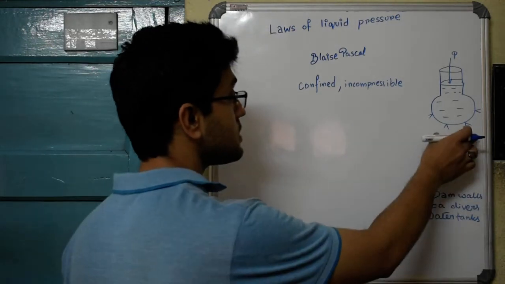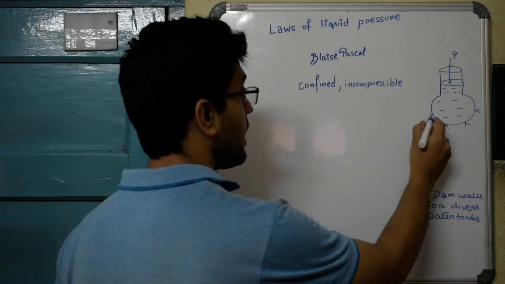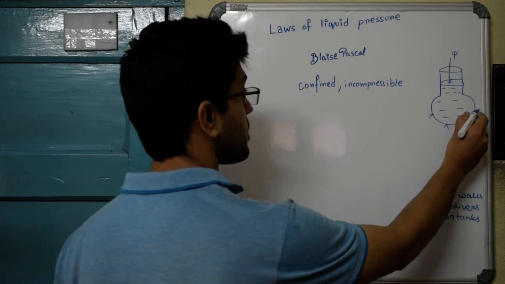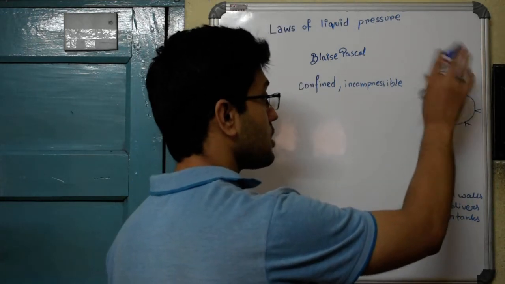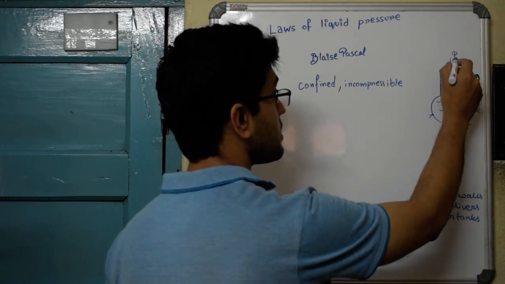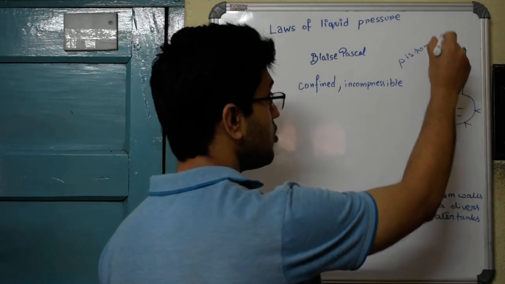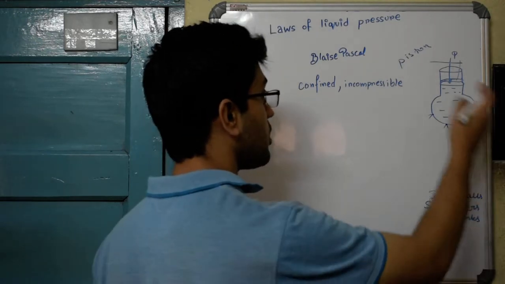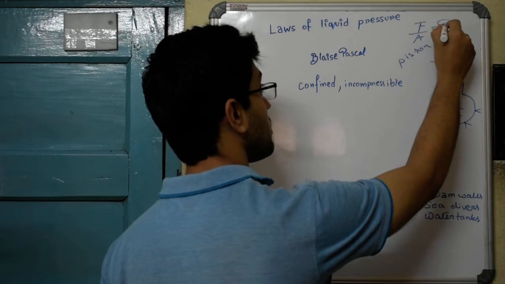So suppose we consider this. Say this is a conical flask with a long neck, and say in the flask there are some small holes at these points. So initially this conical flask is filled with water, and say here a piston is connected. If you apply a pressure on the piston, we basically apply a force, and whatever is the area of the piston, force divided by that area will be the pressure we are exerting.